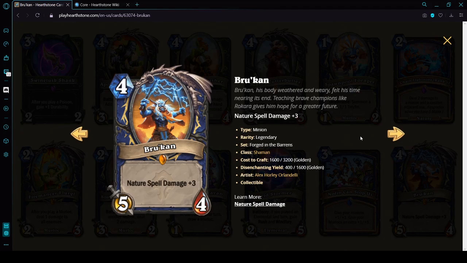Next we have Brukan, a 4-mana 5/4 Shaman Legendary that says nature spell damage +3. We just saw Chain Lightning, which was a nature spell, and I don't have a list of nature spells on me right now, but this is looking like it's going to be in Control Shaman and Control Shaman only. There aren't too many spells. Actually,